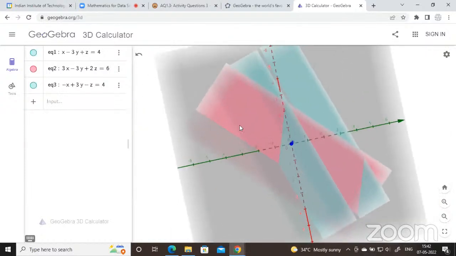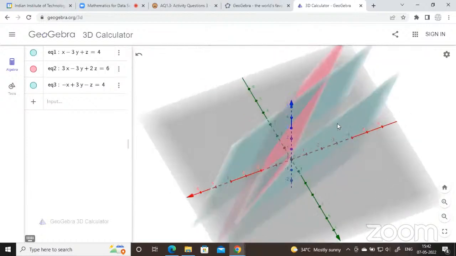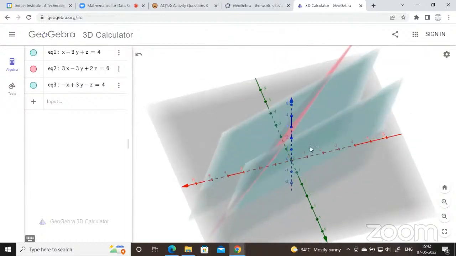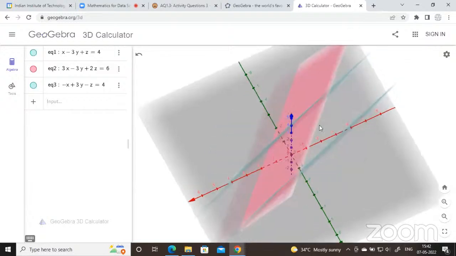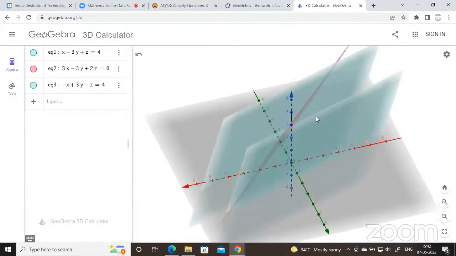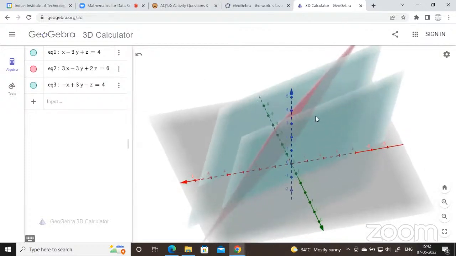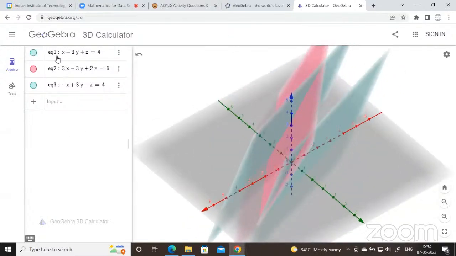These will never intersect, right? Because these are parallel and this intersects both of them. But since these 2 are parallel, they're never going to intersect, right? 1 and 3 not intersect? So the pink one intersects equation 2. Yeah, but when I have a system of 3 equations, there is a solution only if all 3 intersect at the same point. So, ma'am, equation 1 and 3 will not intersect, right? Yeah, because equation 1 and 3 are parallel. Yes, it's clear. I have multiplied by minus 1 on the left, but not on the right.